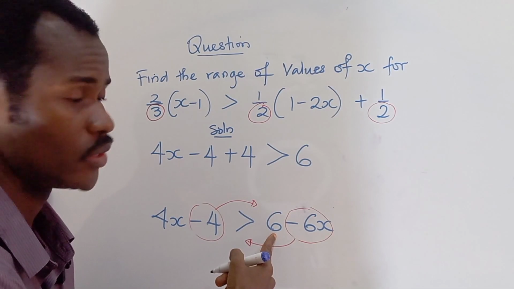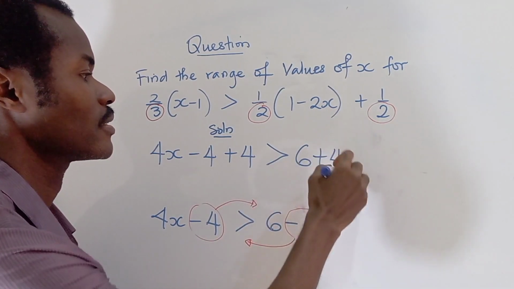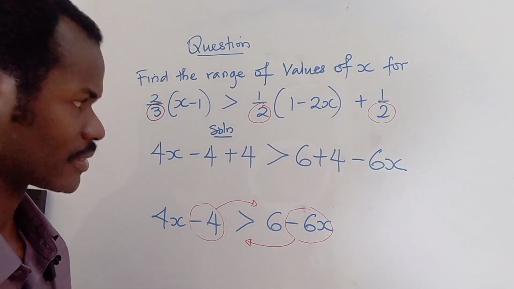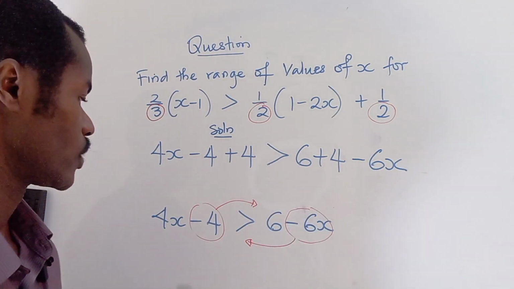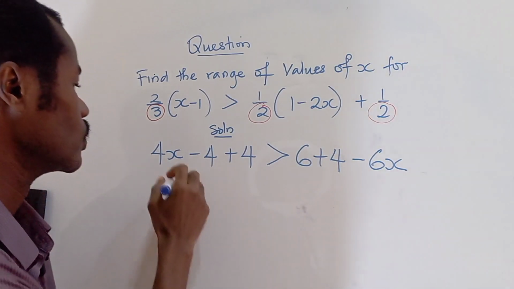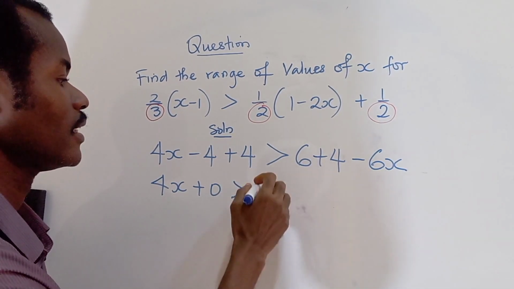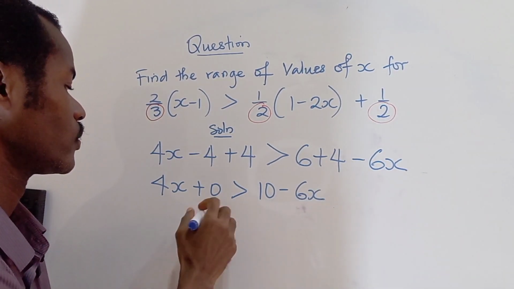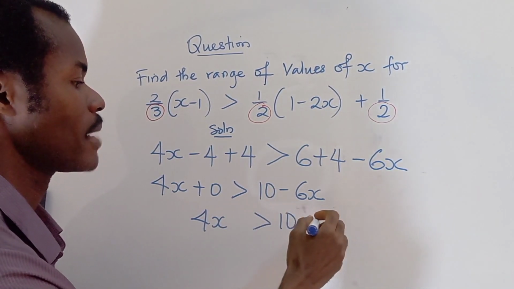Since this is a like term to the 4, we are going to add this plus 4 to the 6, so that will keep this aside. Now that we have this, we know that 6 plus 4 is going to give us 10. And minus 4 plus 4 is 0. So we have our 4x plus 0 is greater than 10 minus 6x. So 4x plus 0 is still 4x, greater than 10 minus